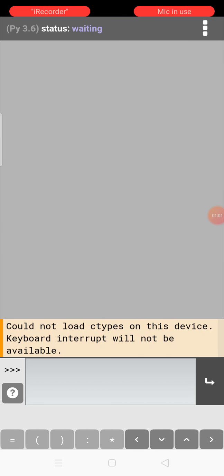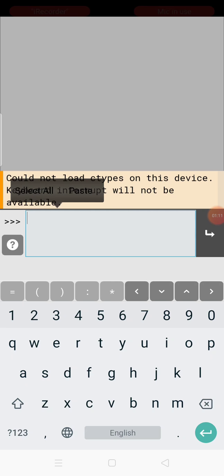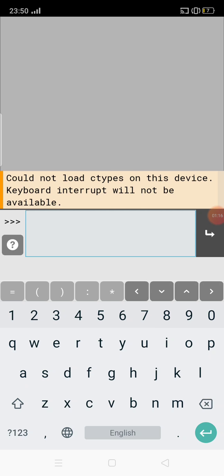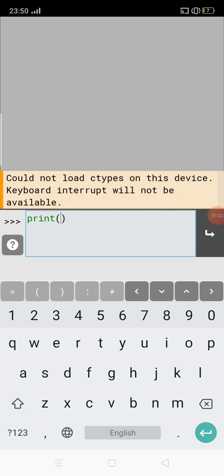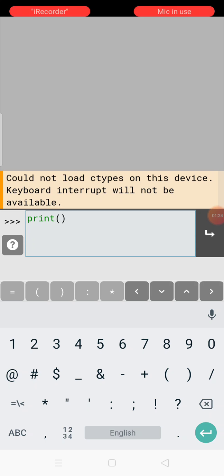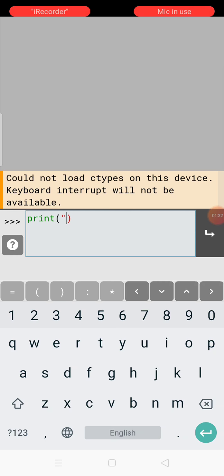When you touch the app, it will show the Python screen and then it displays the interactive screen. When you touch the prompt screen, the keyboard will be available. Now you can type your first Python coding. Now I am going to print "welcome to interactive mode", as this is my first Python coding. You have to include it within the double quotes.